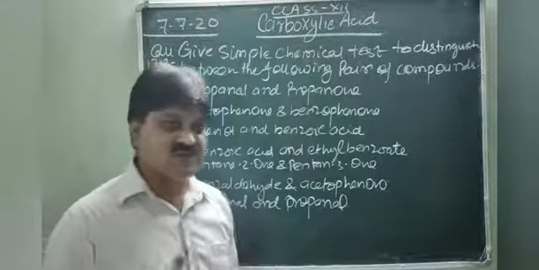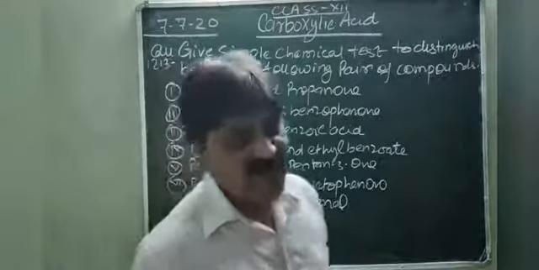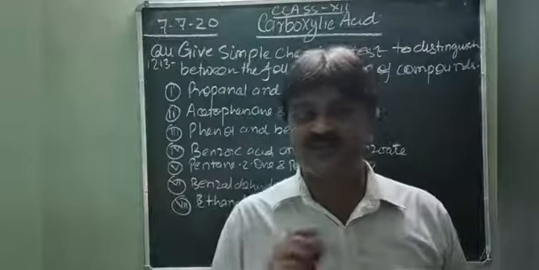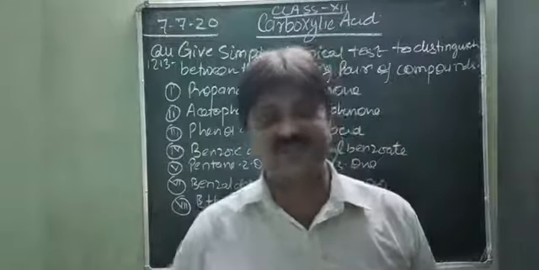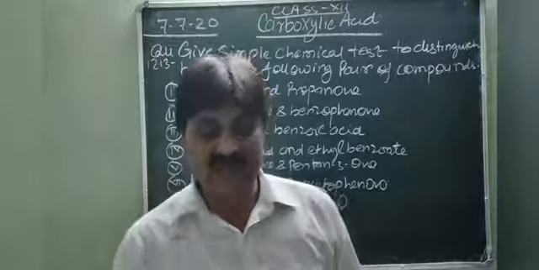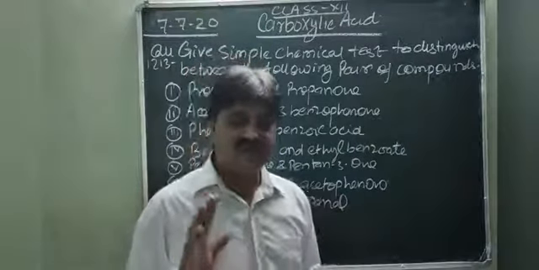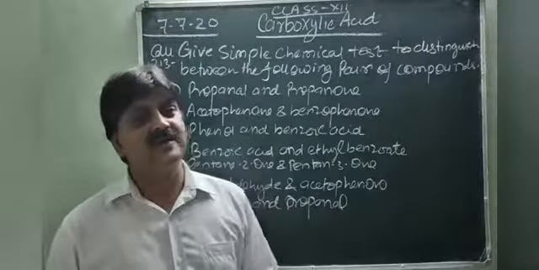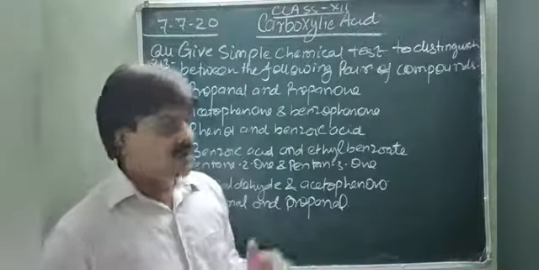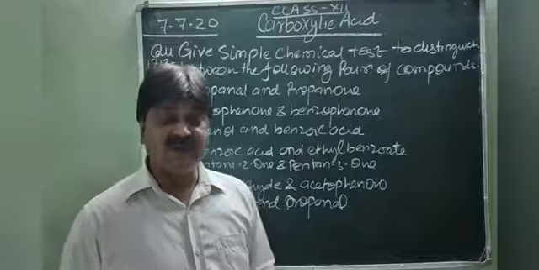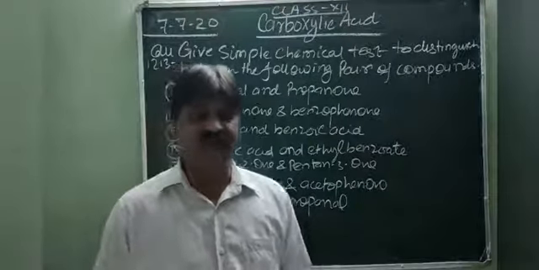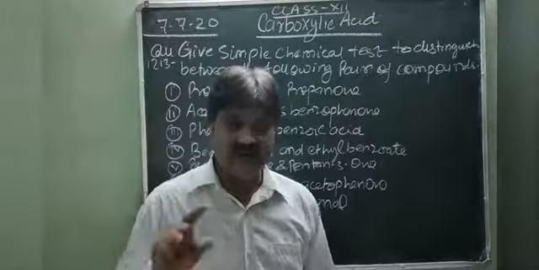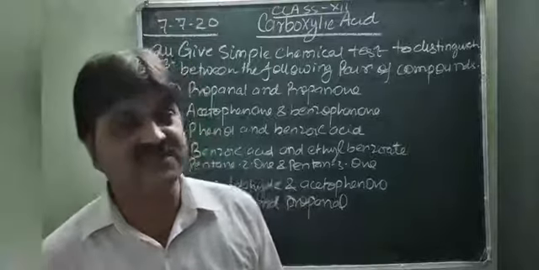One question is very necessary for the board examination, and that is chemical distinction. From any chapter, one question arises every year to distinguish between the following pairs of compounds. So read carefully and keep in mind how to distinguish chemically. And one more thing: try to write the chemical reactions whenever such questions arise.